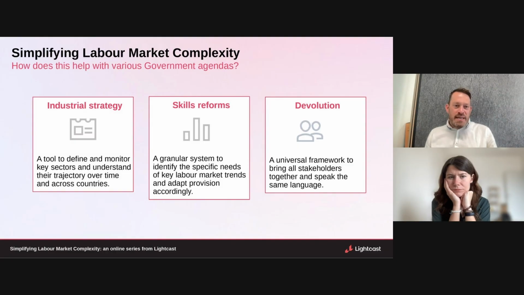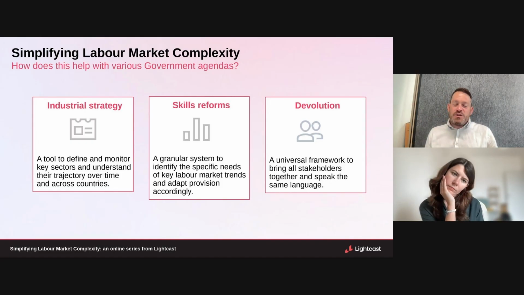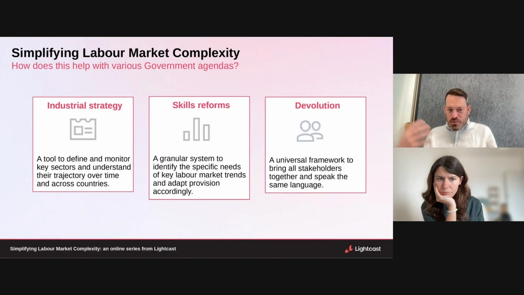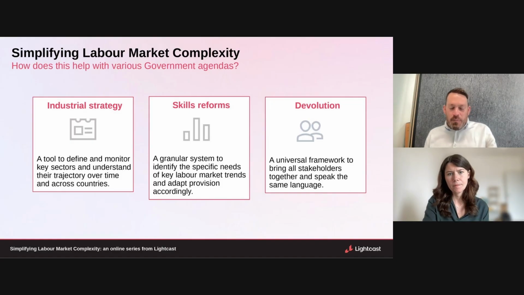And as we think about our world, particularly around some of the big agendas that we're facing in the UK, that industrial strategy really is trying to drive economic change, play to the strengths that we have, but also hook onto those global trends. But to be able to execute on that, we really need to understand our place in the world, the capabilities we already have, and the gaps we need to fill as we go forward. And that, of course, feeds directly into the skills reforms.